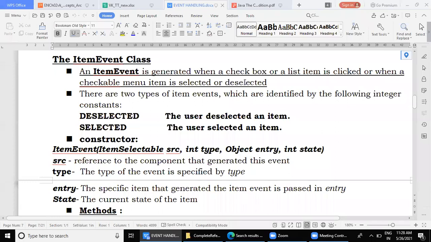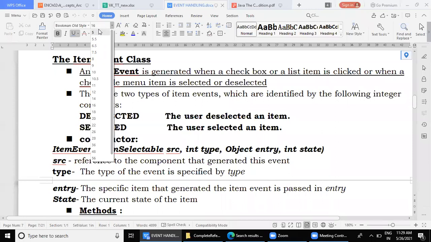In the video, we have already seen how a checkbox can be checked, or a list item clicked. Here I have clicked on the font sizes list box. Actually, it's not a list box, it's a combo box.